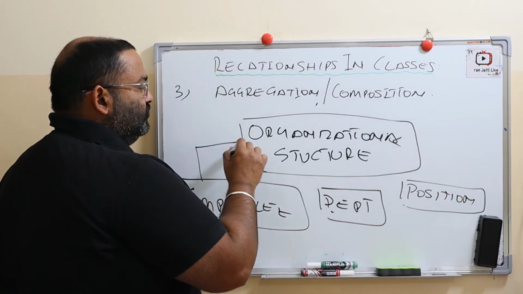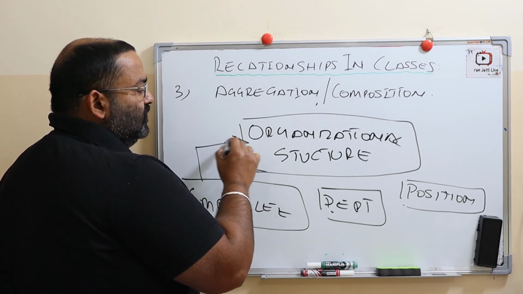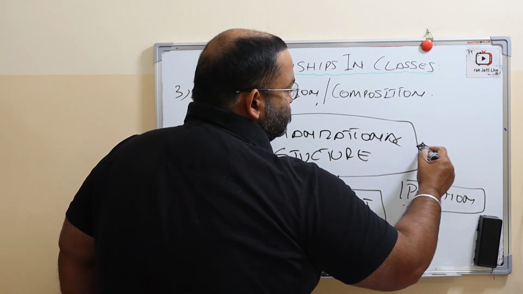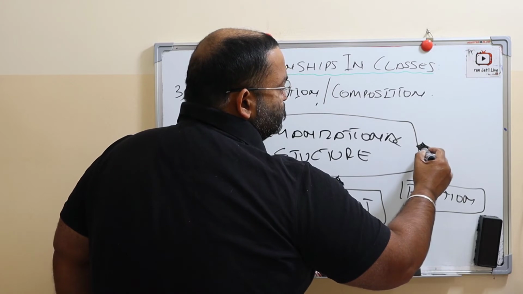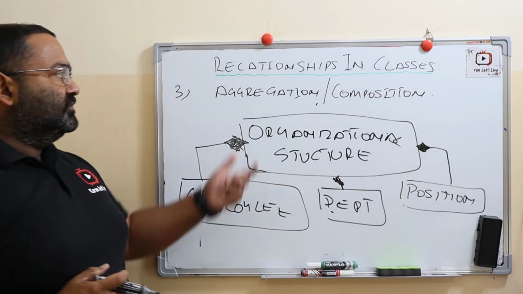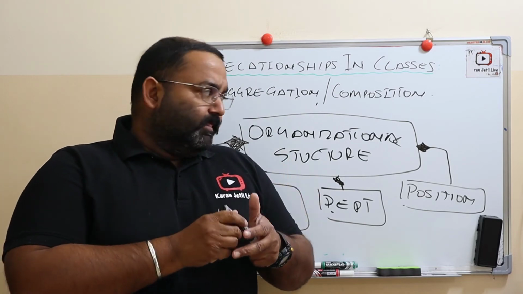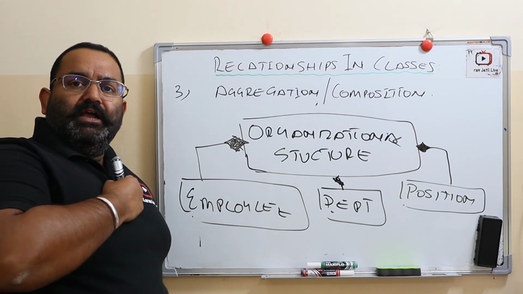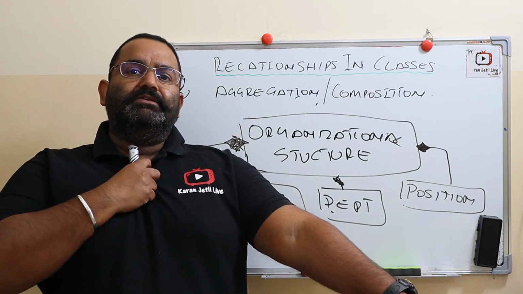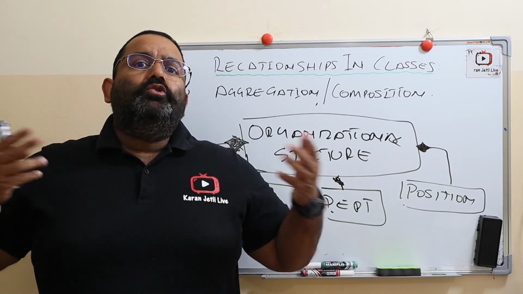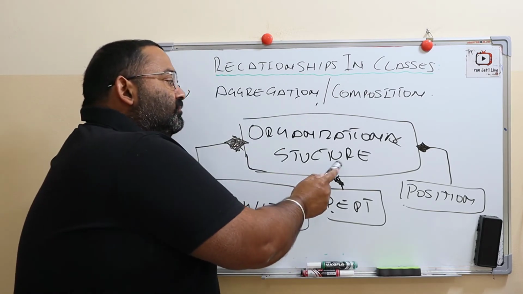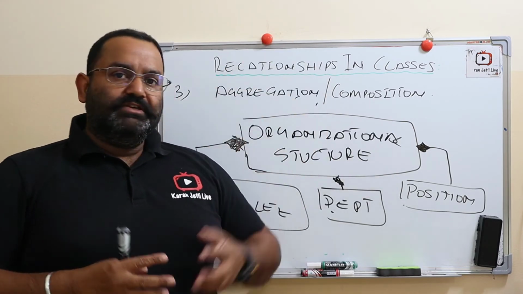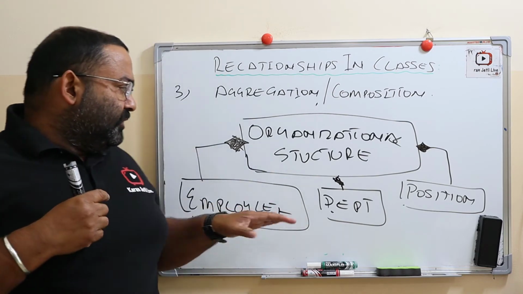Okay, so this is a composition. Now guys, I call this a composition. We can debate. I know many viewers will comment, they may say it is an aggregation, but what I feel is it is a composition. For example, I am a manager and I have an assistant manager who is working under me. How do people know that? People know that because of the organizational structure. People know the hierarchy because of the organizational structure. So I am a manager, which department do I belong to?